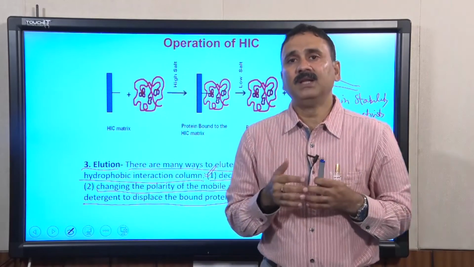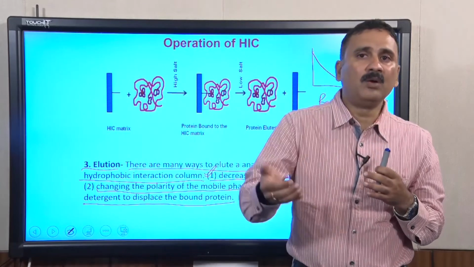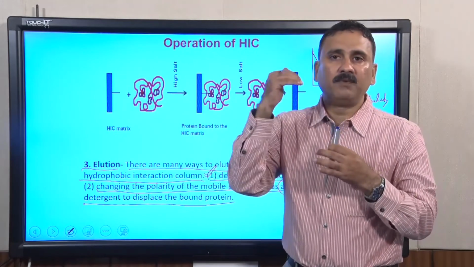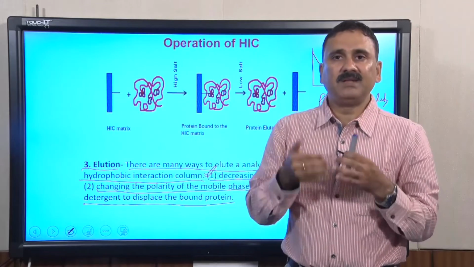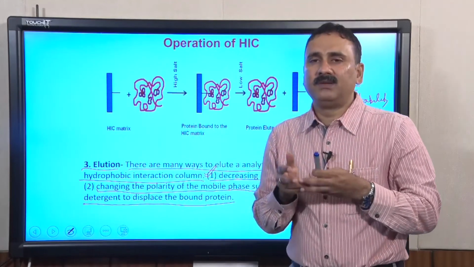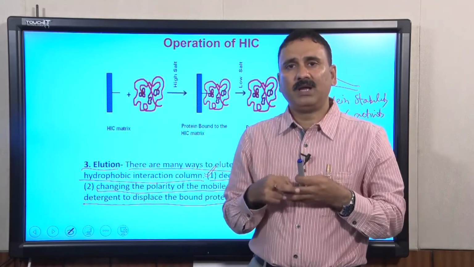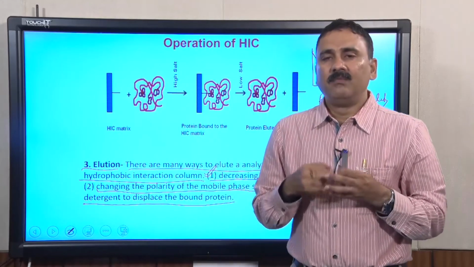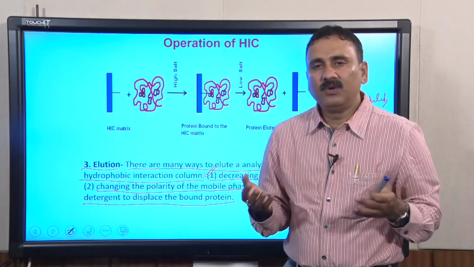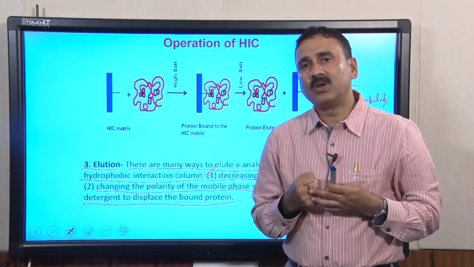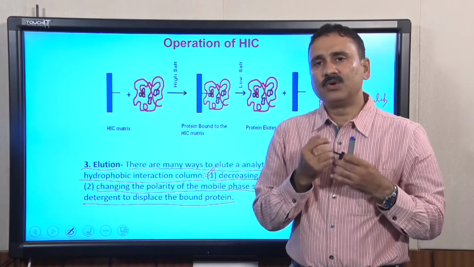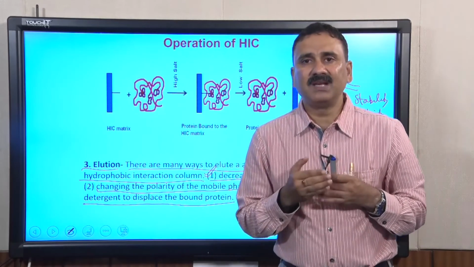And in those cases, you might have to supply a non-polar solvent. So, people start with the alcohol and then they can go up to acetone, benzene, hexane and all that, but as long as they go up to the alcohol, there is a possibility that the protein they elute will probably be active. But beyond that, if they supply acetone or hexane, you would still be able to elute the protein from the beads, but that eluted protein may not be active, because most proteins' structures are not stable enough